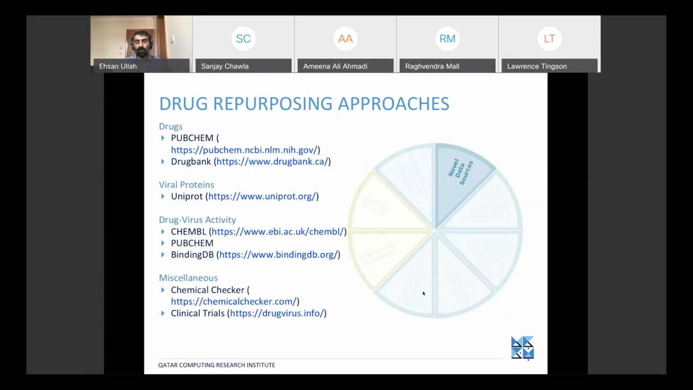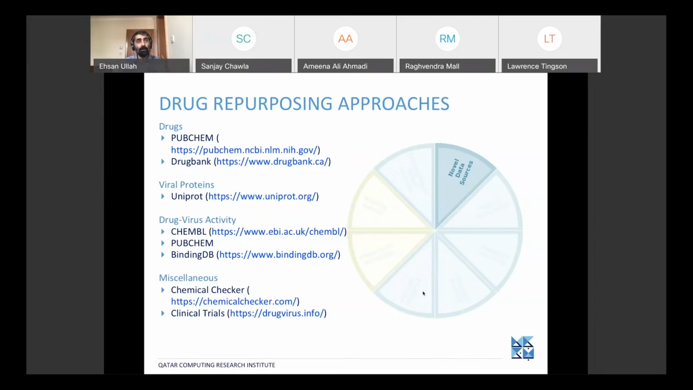The first major area of drug repurposing approaches is availability of novel data sources. Here I have listed a few of them. PubChem contains over 25 million compounds and 90 million compound activities. DrugBank has over 2,500 approved drug information, including the targets, which can be proteins, enzymes, transporters, and mechanism of actions as well. UniProt has over